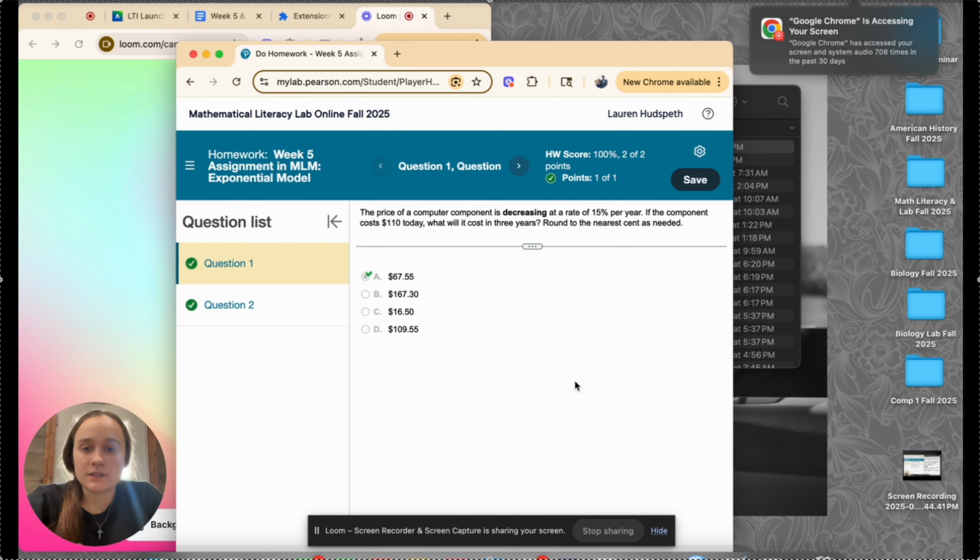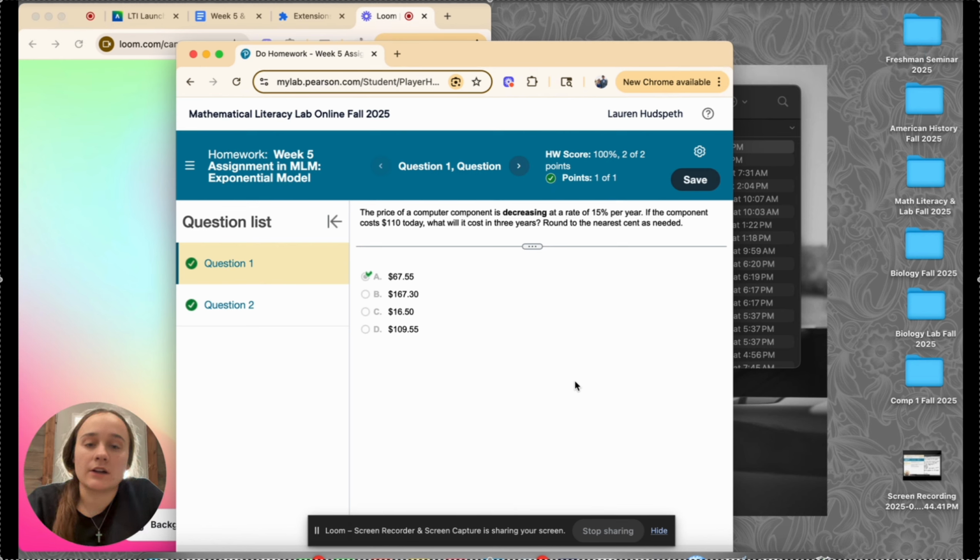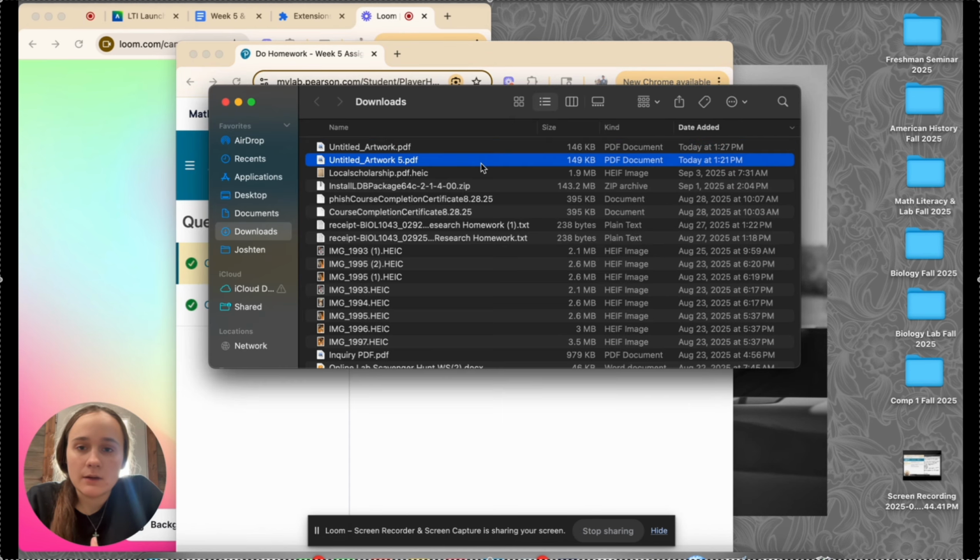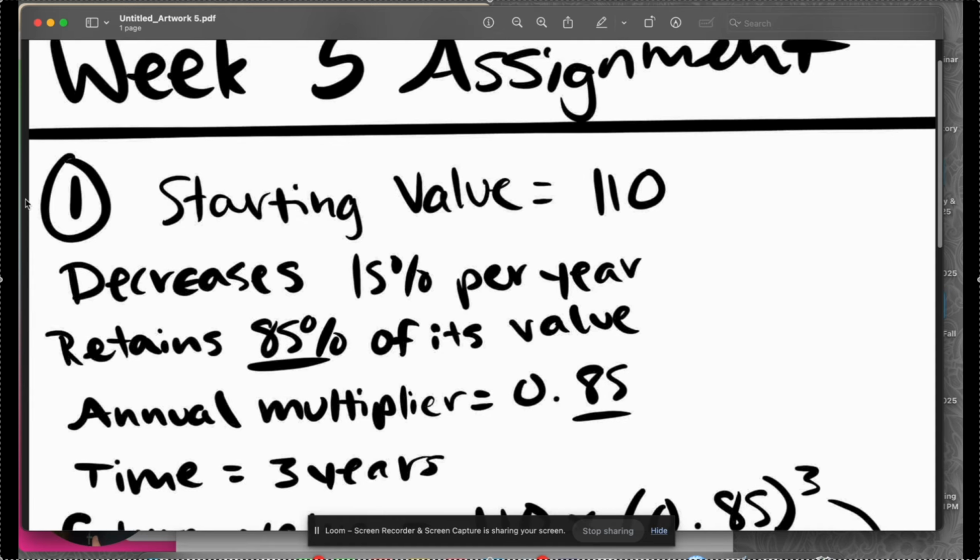So question number 1 was: the price of a computer component is decreasing at a rate of 15% per year. If the component costs $110 today, what will it cost in 3 years? Okay, so for number 1,